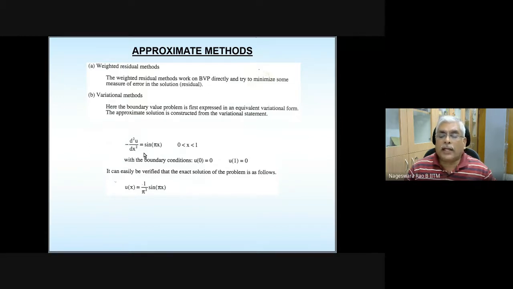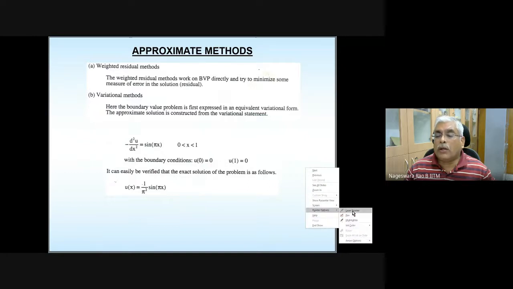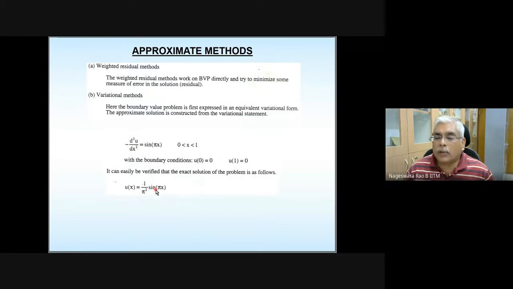You are going to get two integration constants, and the two integration constants can be determined by substituting these two boundary conditions, and finally the solution turns out to be this one. I told you in yesterday's class, you verify whether this is correct or not. Okay, so for this problem, this is the exact solution, and we will also go through each of these methods and see how the approximate solution that we get from each of these methods matches with the exact solution. Okay, any questions here? Please take note of this problem.